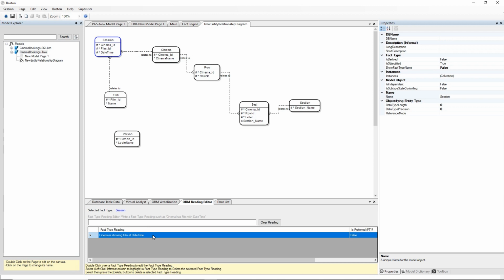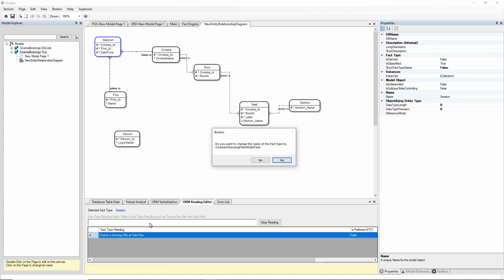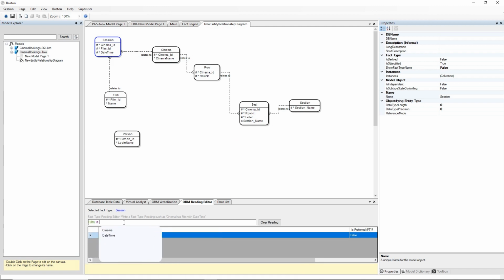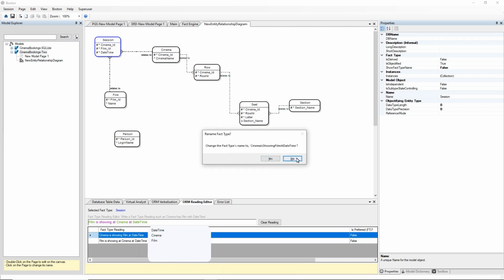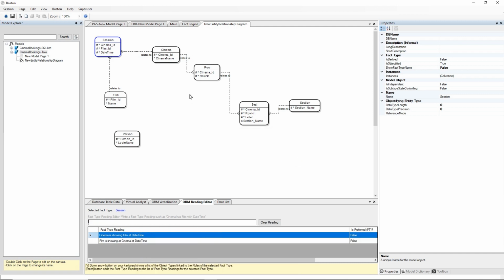So that's a reading for session. So cinema is showing film at date time. We can set up another reading for session. We can say film is showing at cinema at date time. And hit enter on that, and we're not going to change the name of our fact type. So there's just 2 readings of